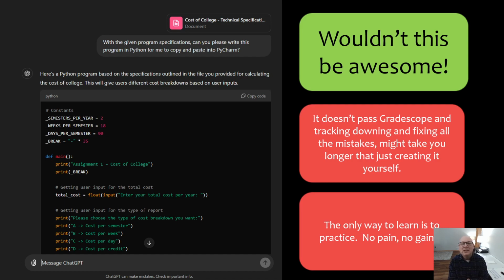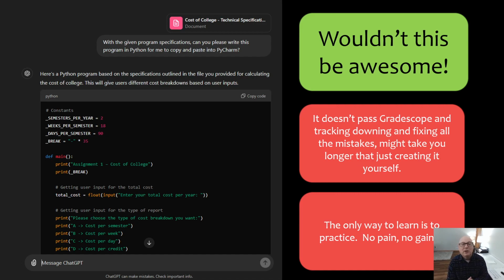If you take shortcuts, if you don't actually put in the time, effort, and energy to learn this new language, you won't have those skills. And I'm urging you to go through the process. Trust the process. It's very deliberately and intentionally developed to benefit you, the student. Sometimes the only way to learn is to practice. The best way to get better at reading is to read. The best way to get better at soccer is to play soccer. The best way to get better at programming is to program. So I urge you to go through these steps and learn from them.